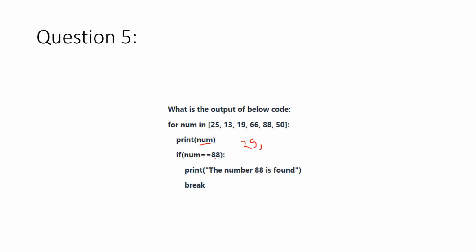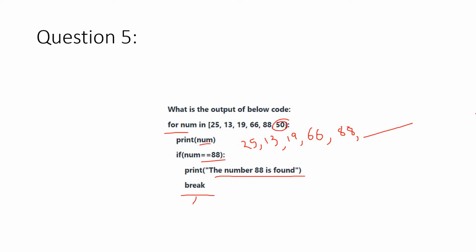and then it will check whether 25 equal to 88, no, so again it will come to this for loop, num will take the value 13, 13 will be printed, then as 13 is not equal to 88, again the loop will go, 19 will be printed, 19 not equal to 88, again the loop will go, 66 is not equal to 88, so 66 will also be printed, then 88, see carefully, num is taking value 88, 88 will be printed, and if num equal to 88, then print the number 88 is found, so this particular message will be printed, the number 88 is found, and then break, it will come out of this particular for loop,